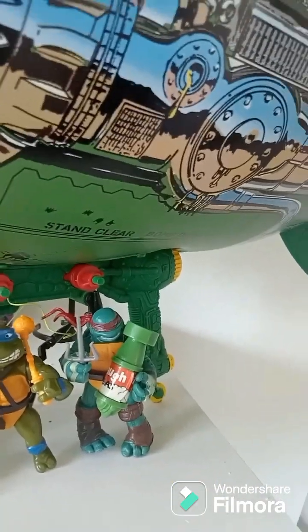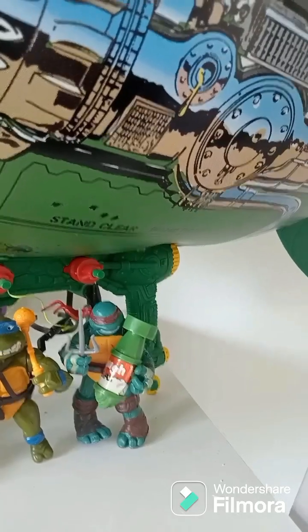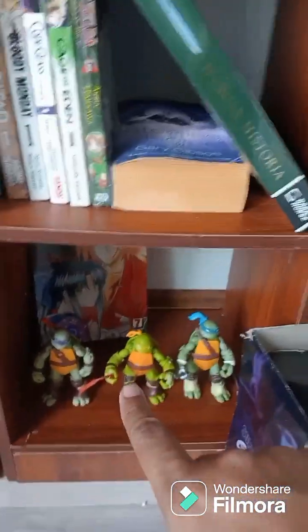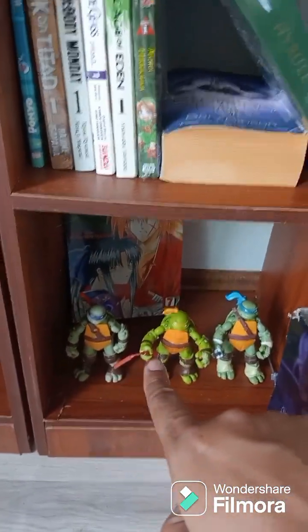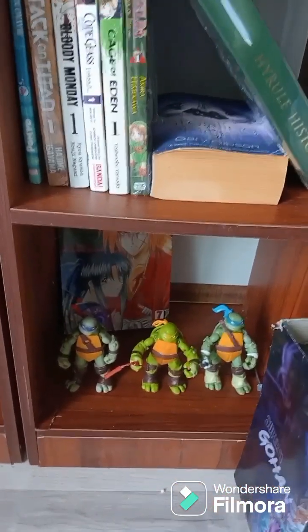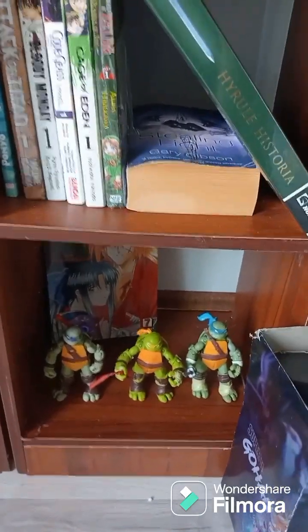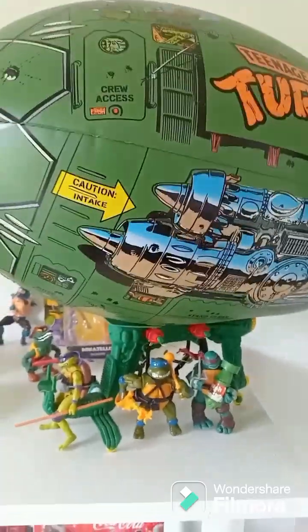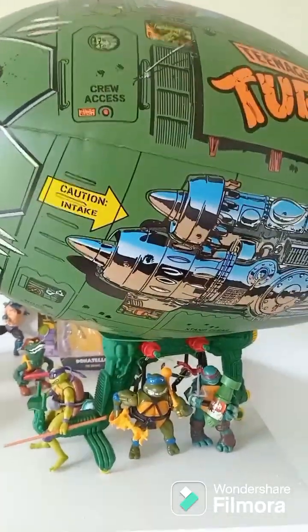This is a Chinese knockoff of Raphael. I got this Raphael knockoff, and these other knockoffs of Donatello, Michelangelo, Leonardo, dirt cheap from China. Really, I just wanted the Raphael because I like his angry face. It suits him. And as you can see, I wanted a character to hold the bombs before they drop,